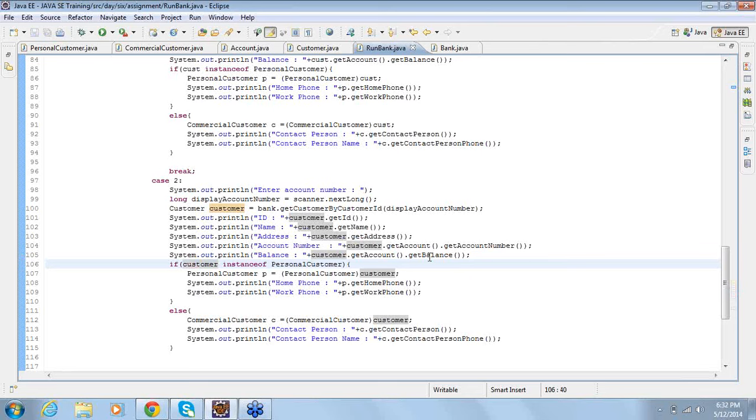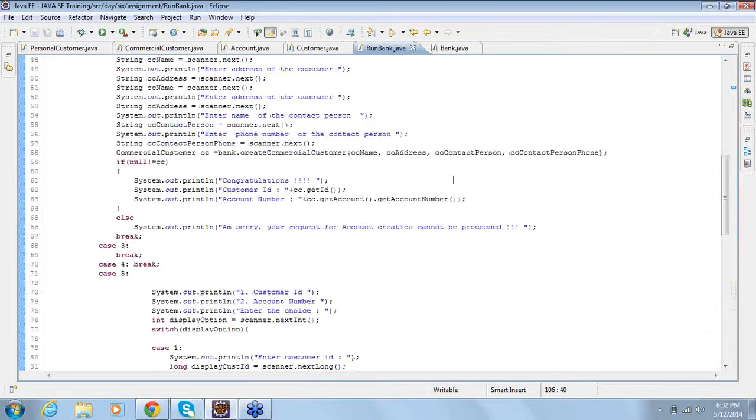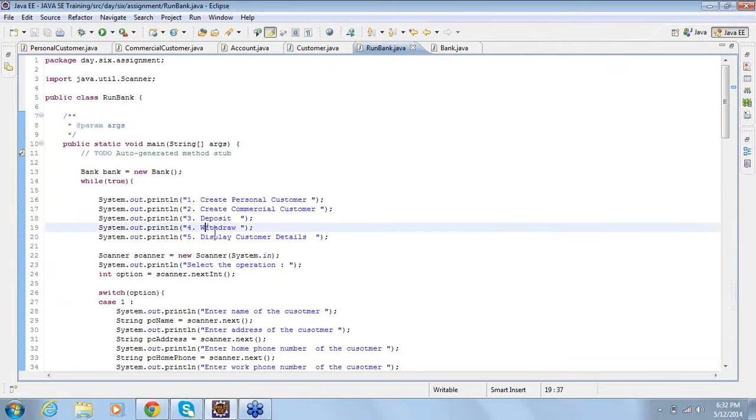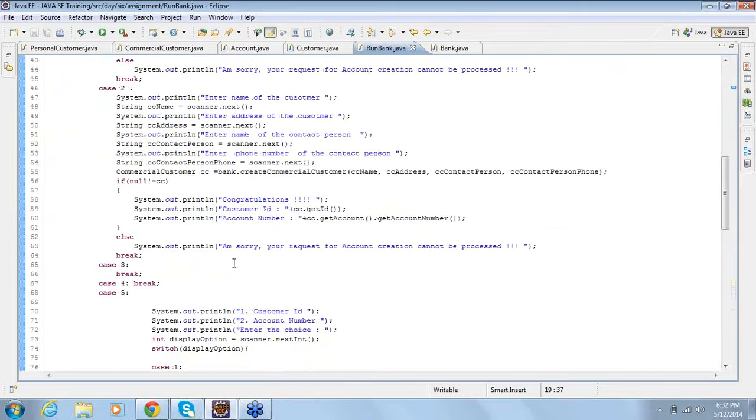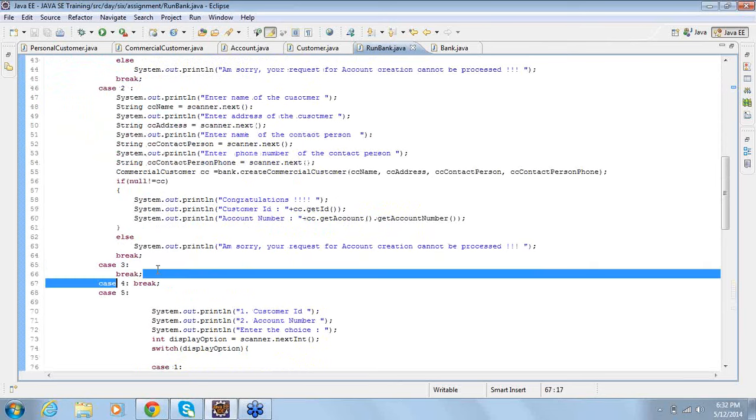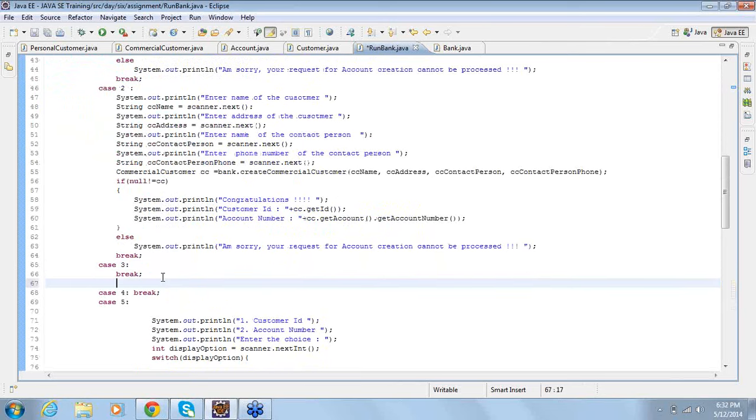That's it. So we finished off the activity, then you are left with the deposit and withdraw. You can give an attempt to finish off the deposit part and the withdraw part. Again in deposit and withdraw also, you can ask similar things, like whether you have an account number or customer ID to deposit. So accept the customer ID or account number and you can do the deposit part and withdraw part.